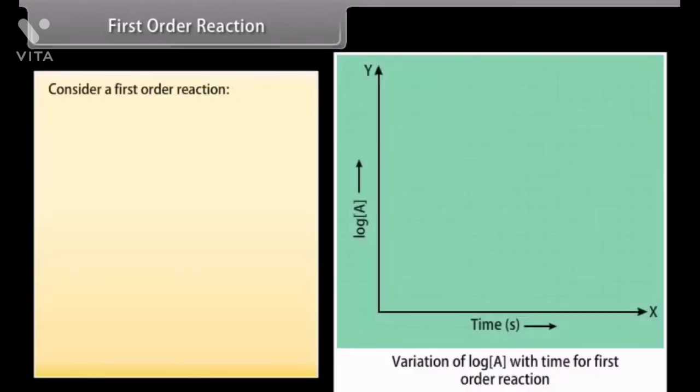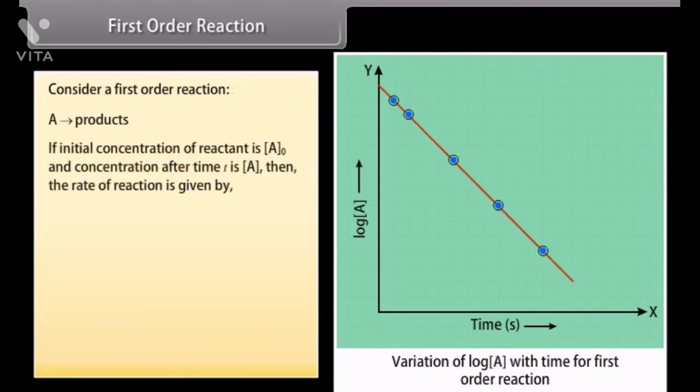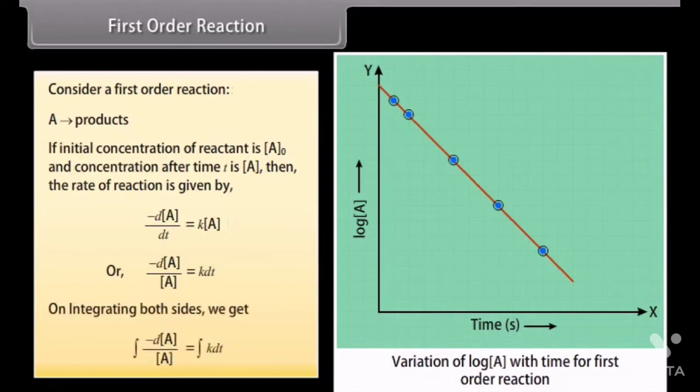First-order reaction. Let us consider a first-order reaction in which A is changing into products. If the initial concentration of reactants is A naught, and concentration after time t is A, then the rate of the reaction is given by minus dA by dt is equal to the product of K and A. It can be written as minus dA upon A is equal to K dt. On integrating both sides, we get